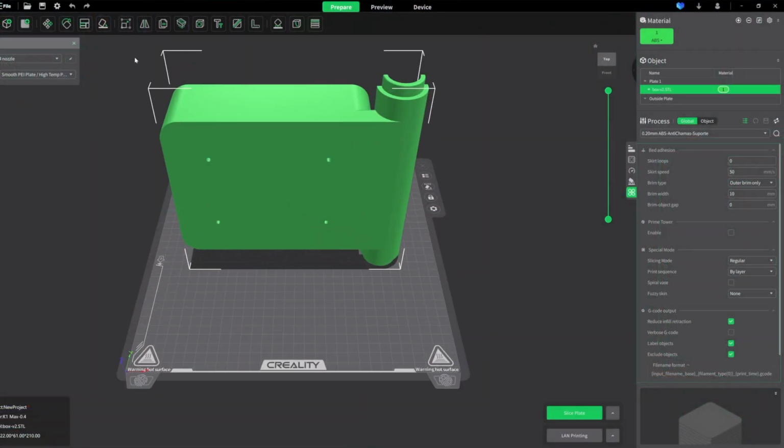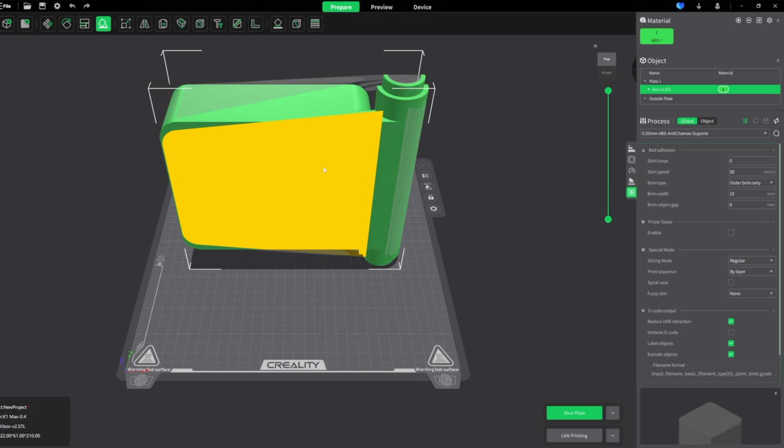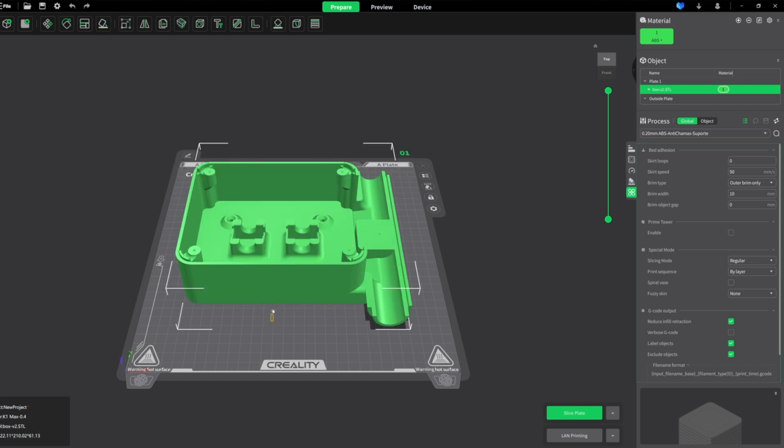Okay, so third one, the bug of bad leveling. I have a project that I will bring on this channel in a couple days that consists of an electrical passing box, and when I import the STL file into the bed and I try to level the face of the object to the bed, the Creality Print 5 simply can't level the object. It keeps the object a little bit out of the level of the bed, and then when I try to fix that manually, trying to rotate